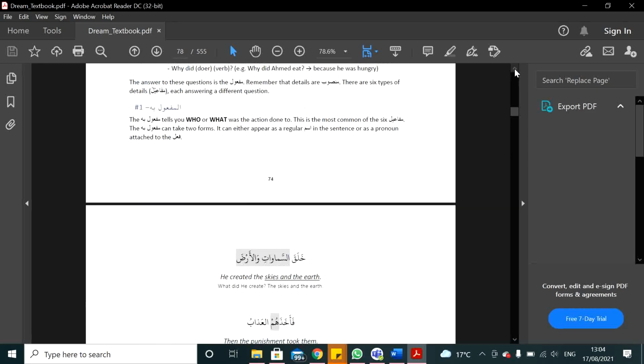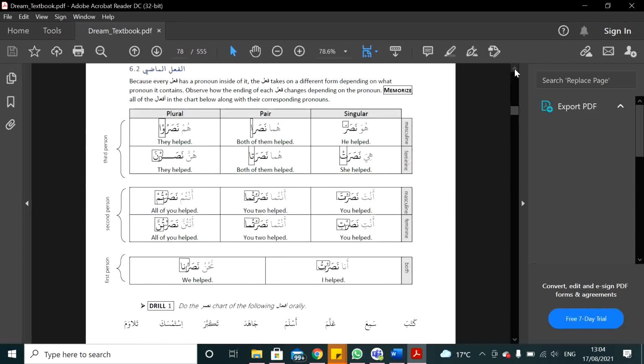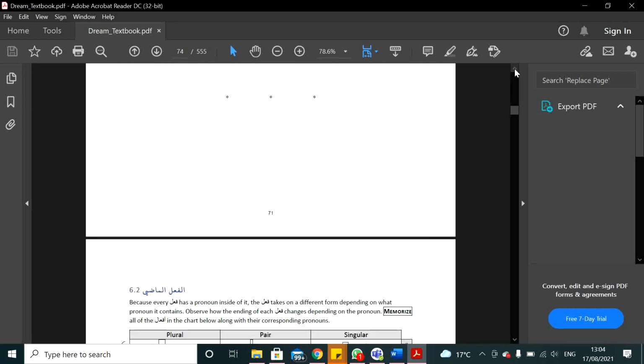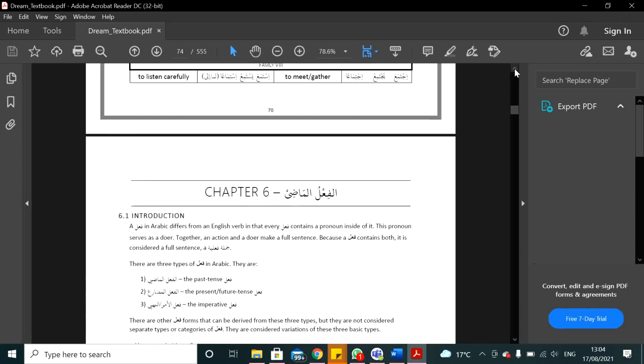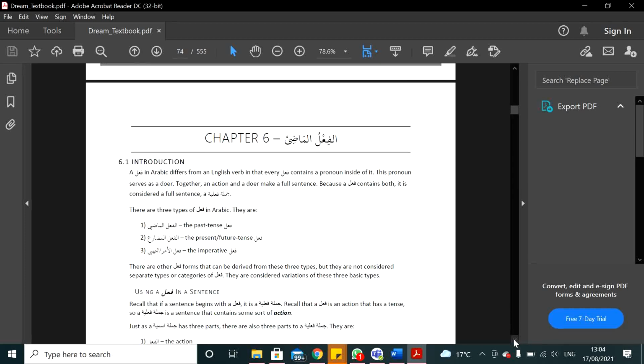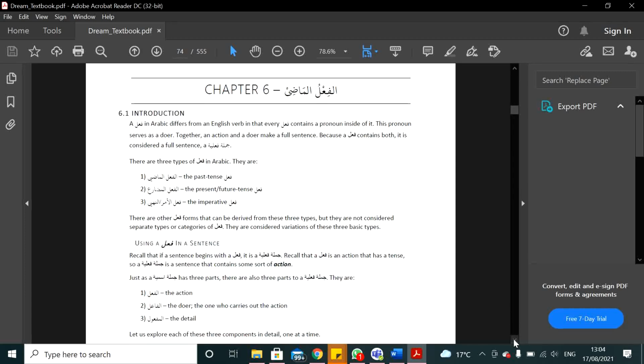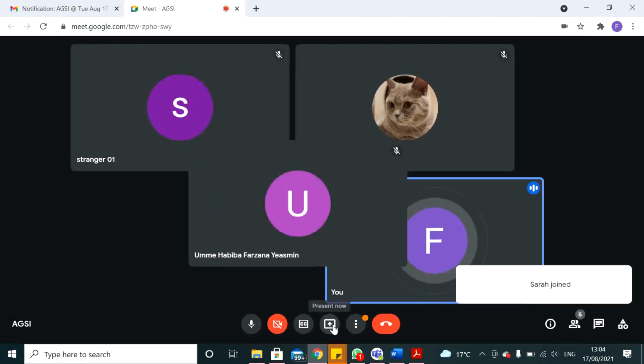Since we studied so many charts in our language, the Muslim chart and the Muslima chart, about how words are in singular, pair, and plural form, and we studied our pronouns, which are singular, pair, and plural, now we'll see that these af'al have patterns and ending combinations and sounds that have a pronoun interlinked to them. So inshallah we will study fi'l madi today. I am sharing my screen.